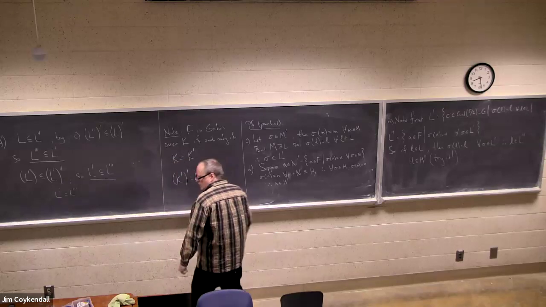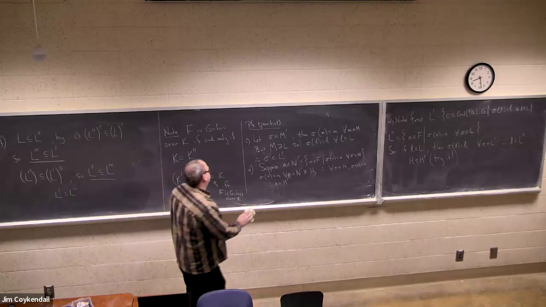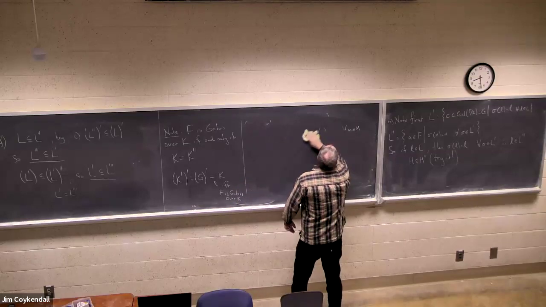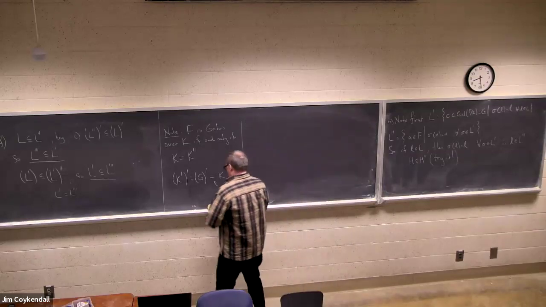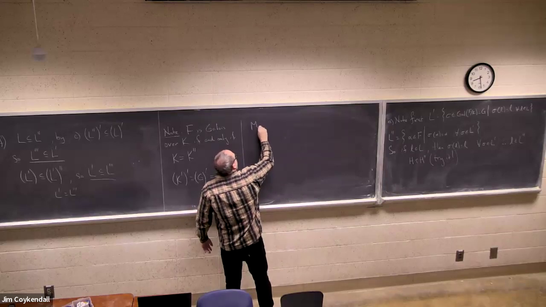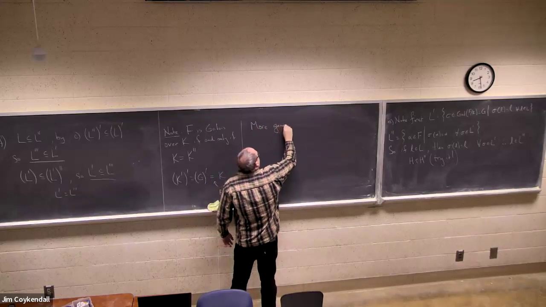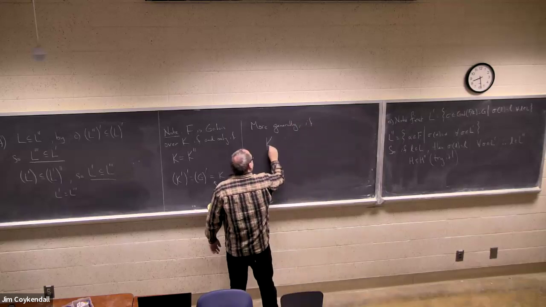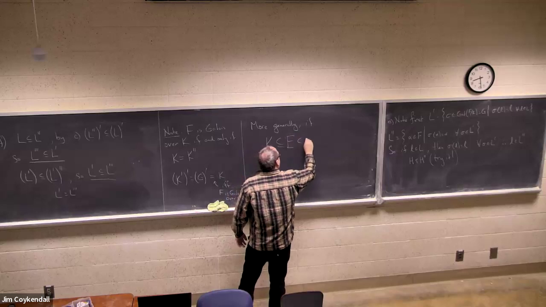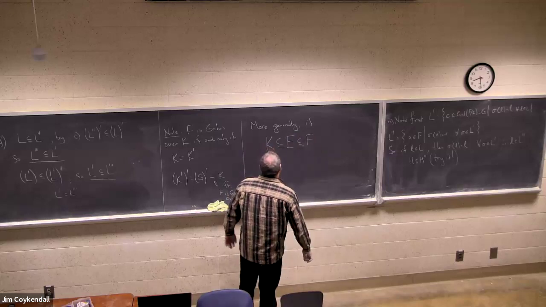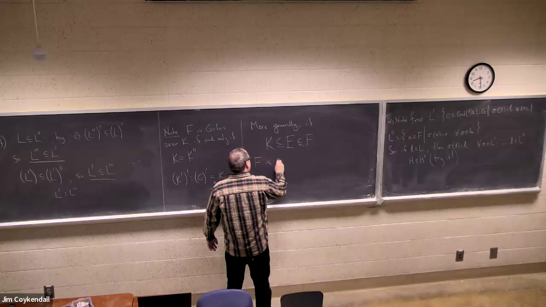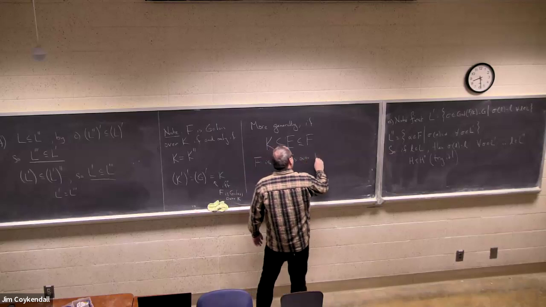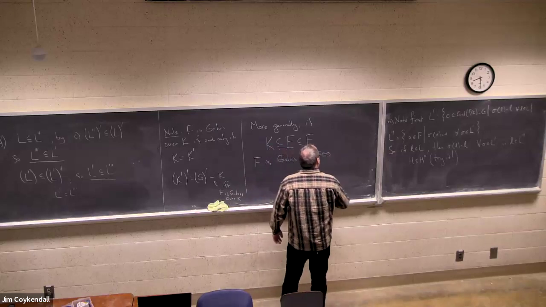More generally, well, we'll note this observation here. If you have K contained in E contained in F, then F is Galois over E if and only if